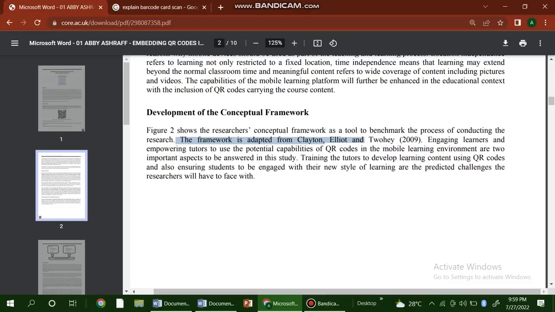Engaging learners and empowering tutors to use the potential capabilities of QR codes in the mobile learning environment are two important aspects to be answered in this study. Training the tutors to develop learning contents using QR codes and also ensuring students are engaged with their new style of learning are the predicted challenges the researcher will have to face.